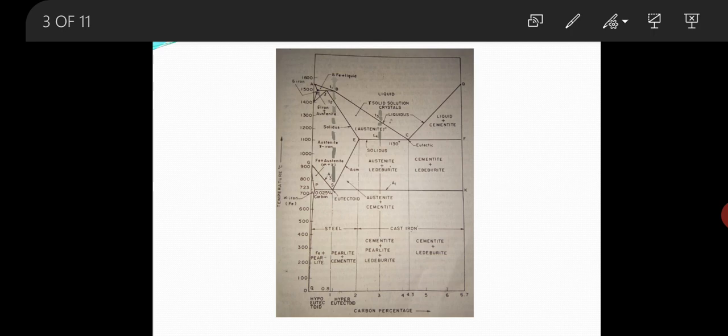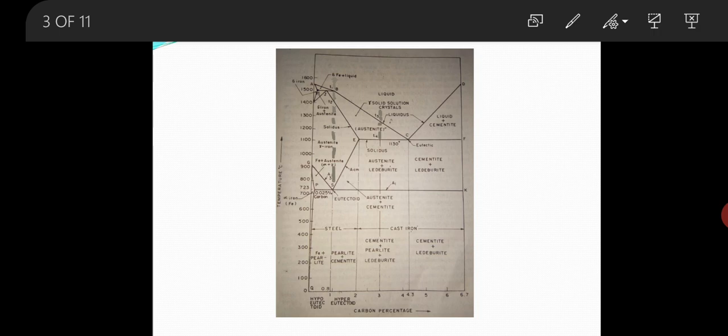Next, you have to remember this G point is 910 degrees centigrade where the structure of iron changes, and another temperature is 723,